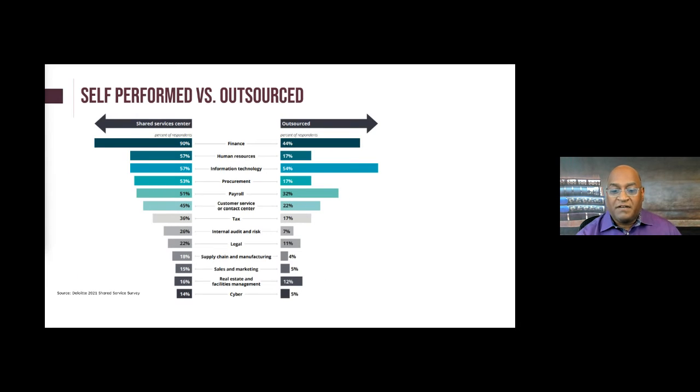Well, interestingly enough, in that same Deloitte 2021 Shared Services Survey, and great question, Rob, there was the question about what is it that companies should do in-house versus what is it they should get a provider to do. And this is pretty much consistent with the previous slide